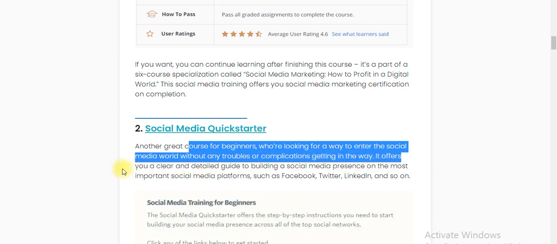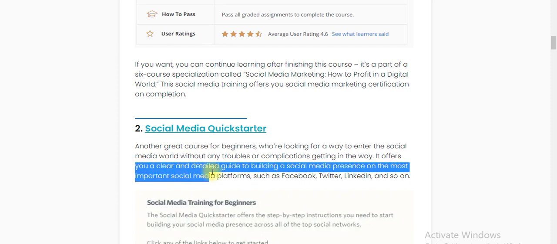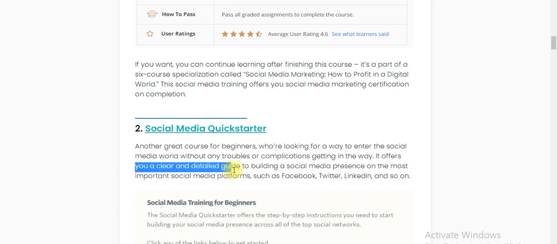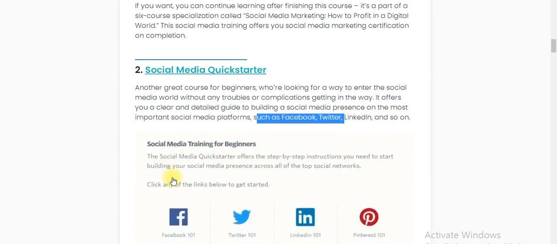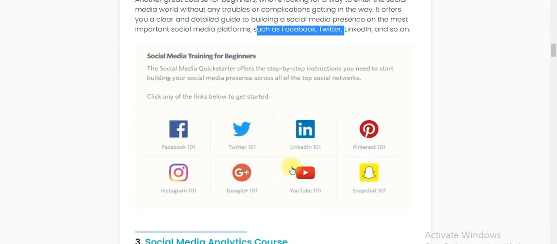It offers you a data field guide to building a social media presence on the most important social media platforms such as Facebook, Twitter, LinkedIn, Instagram, Google, YouTube, Snapchat.